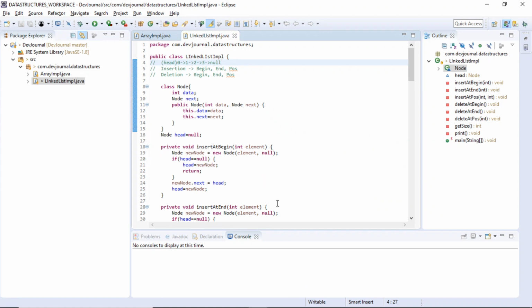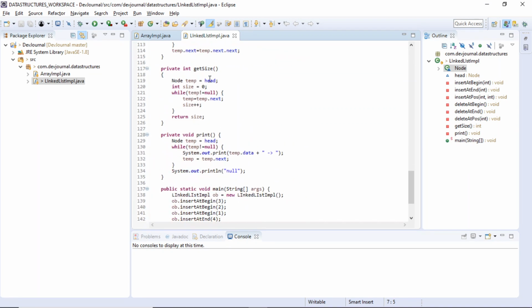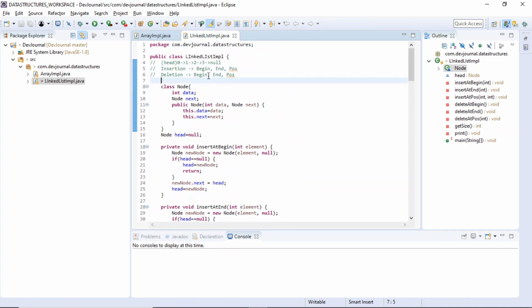Hello everyone. So I am Pranav Jain, and in the last video we covered basic operations in linked list like insertion at beginning and then at given position, and similarly for the deletion we did all the operations. And in this video we are going to do some more operations for linked list, and also we are going to learn a new technique called recursion.